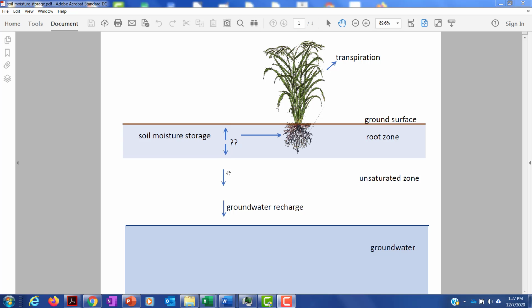Once it gets through the root zone, once the rainfall makes it through here and it's down here where my hand is, it's on its way. Gravity will gently pull it down and it'll get to groundwater. But if it's in this zone, it might get sucked out of the ground and back into the atmosphere. So from a groundwater budget point of view, that's important to understand. In fact,